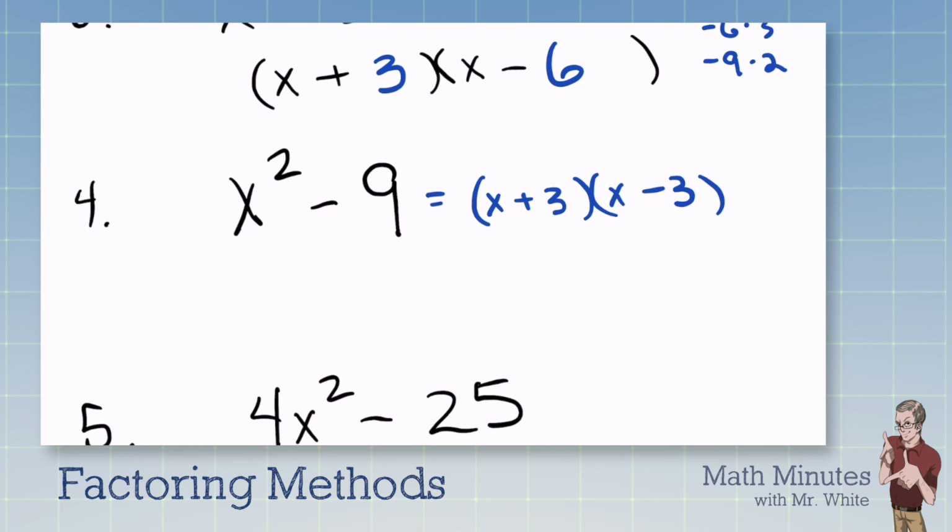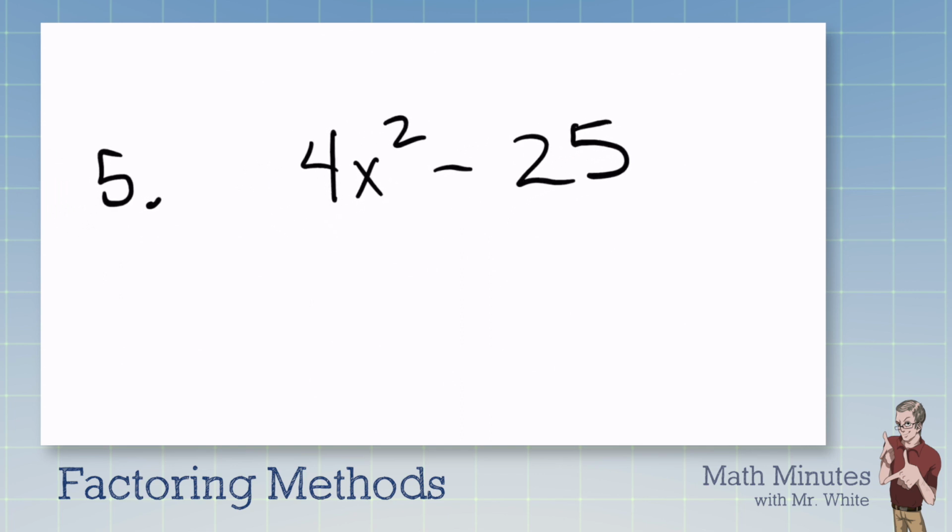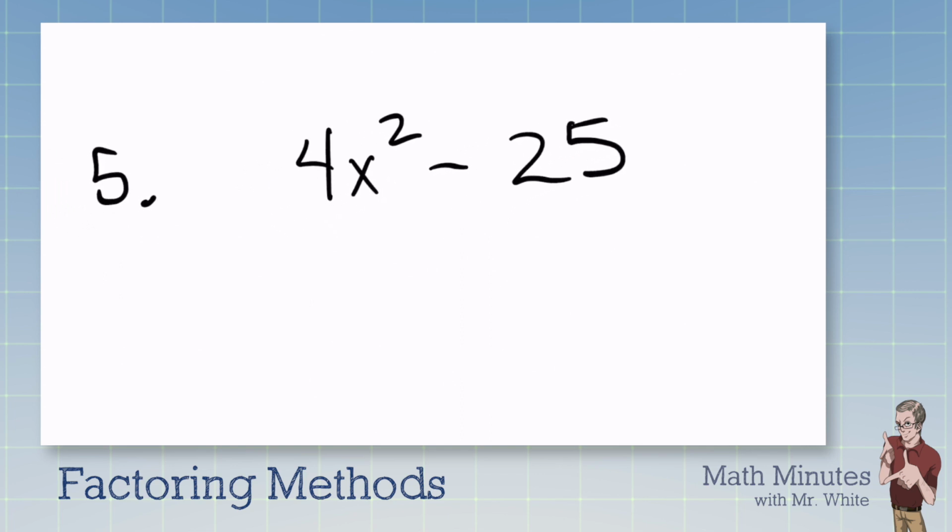And I've got another one of these lined up here, believe it or not. This one looks a little crazier, right? Number 5 here. But do you see that we have 2 terms? There's subtraction. The first one is an x squared term, and the number 4 is a perfect square. 2 squared is 4. And the number 25 is a perfect square. It's 5 times 5, or 5 squared. So this factors into 2x plus 5,